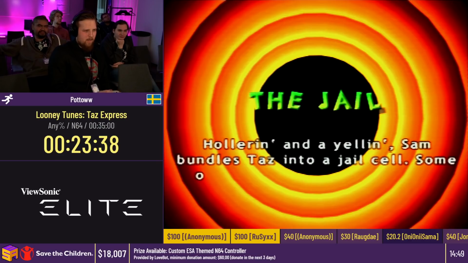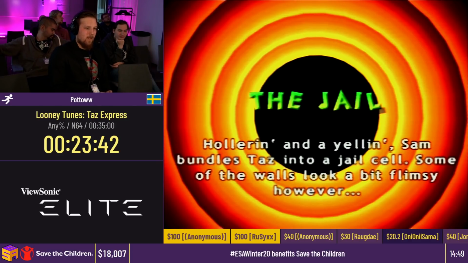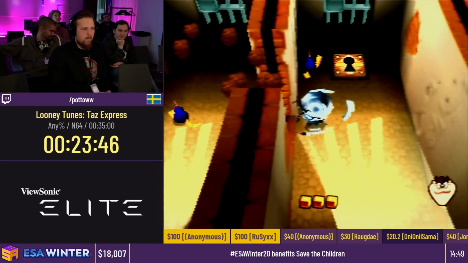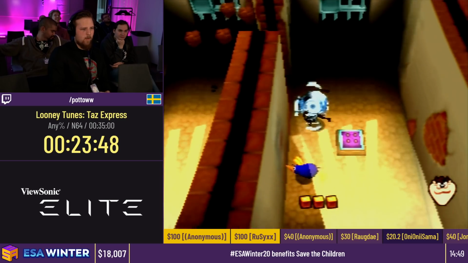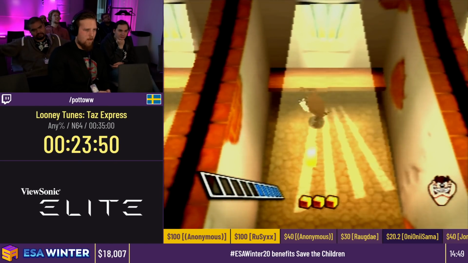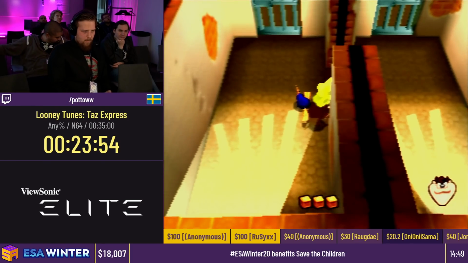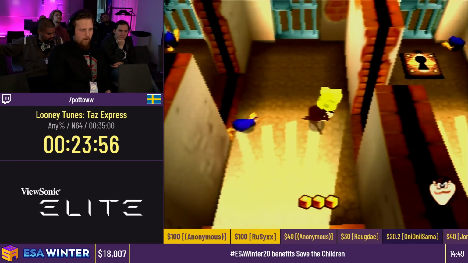So now I'm back in the jail. These jail layouts, you could theoretically get the best layout every time. They are not based on each other in any way. This is the same one as the first one, it seems, so this is good. Get the key, go back. These Kiwis are always in your way, so...